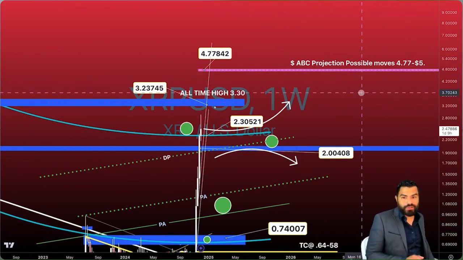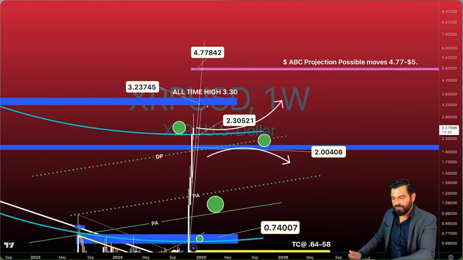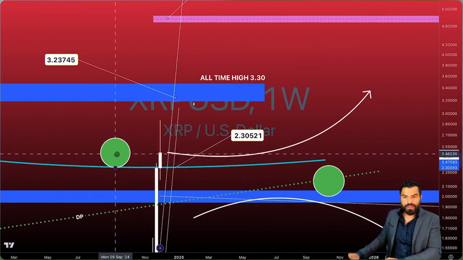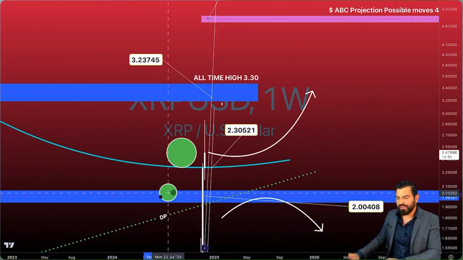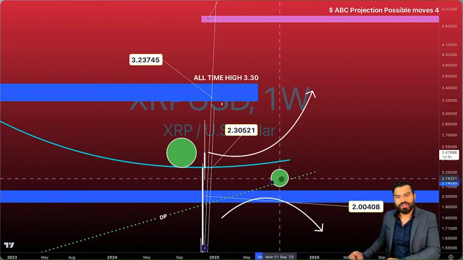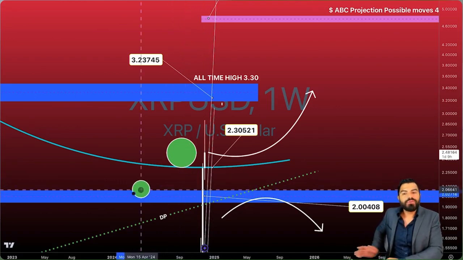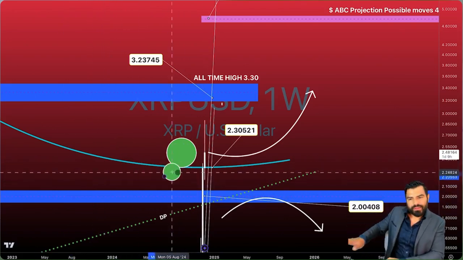Triple J had $5 in her target. I don't see us hitting that this run without getting this close. We need the close above here. In between here is just basically sludge. It's like we're stuck between a rock and a hard place. We're bullish being on top of this blue line, but we're also a little bearish being underneath this line.